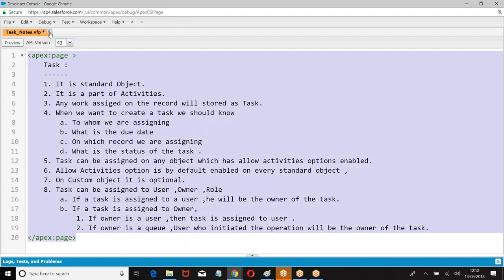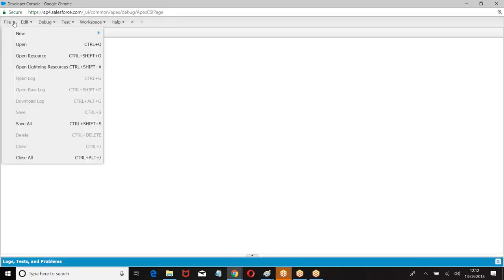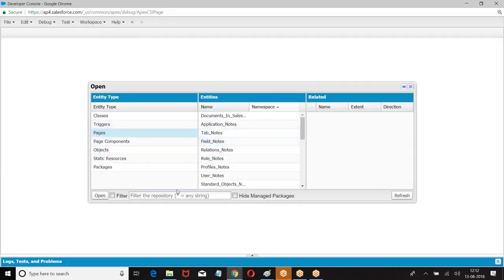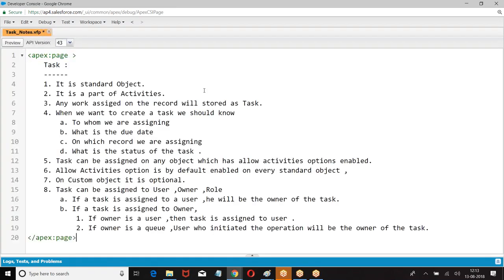So we are saying a task can be assigned to a user, a role, or an owner. If the owner is a user, then no problem. If the owner is a queue, then the task should be assigned to the user who initiated the operation.